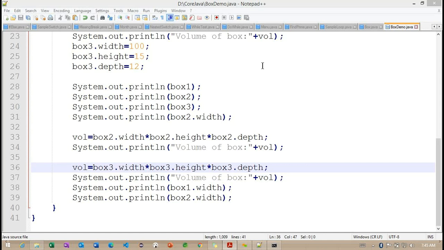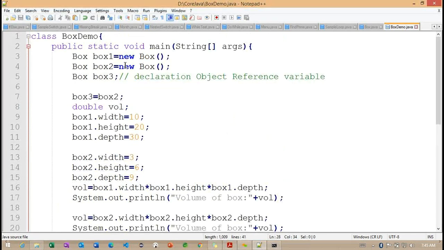But if we want to create new object references, we need to increase our heap memory size. We cannot create a bulk of objects here because we are going to get out of memory errors. For this, we need to provide the memory information in our project structure. But for a simple example, it's not a matter. We can create an object here.